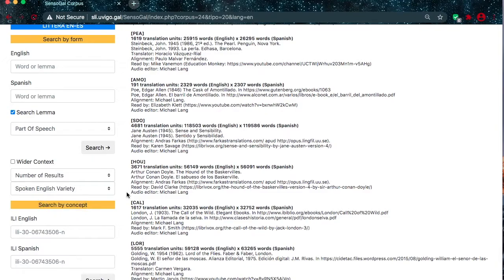and Galnet. In order to search by concept, we need to use the ILI code. As established in part 2, ILI stands for Interlinguistic Index. To do so, we can either go directly to Galnet, or we can locate a given word's ILI code from the search results when searching by form. In the following exercise, we are going to do the latter.